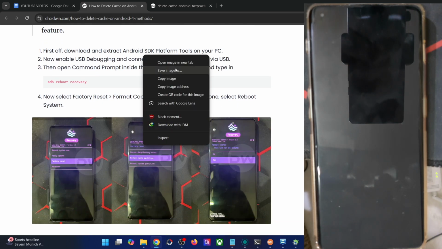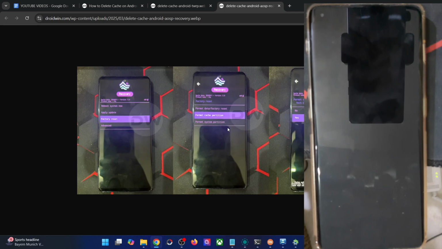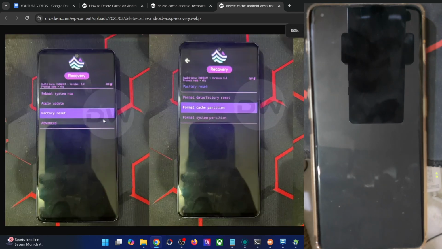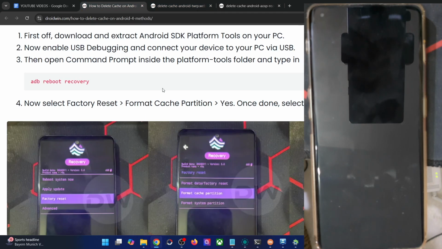I have tried using the same ROM across 4 to 5 phones, and only the Samsung phone had the option. So if you boot your phone to the AOSP recovery of the ROM which you have flashed, then go to factory reset. Then on all the other phones, you will only get the option to do a format data, but it's only the Samsung phone that also has the option to do a format cache partition. So choose this option, tap on yes, and then the cache will be wiped. As you could see, it is only the Samsung phone. I tried on all the other phones, but the factory reset option only had the format data. But if you are using a Samsung phone, then you may use the format cache partition option to get the job done.